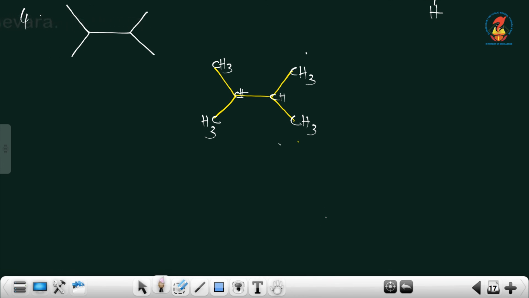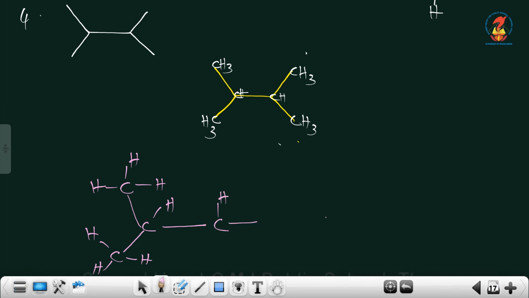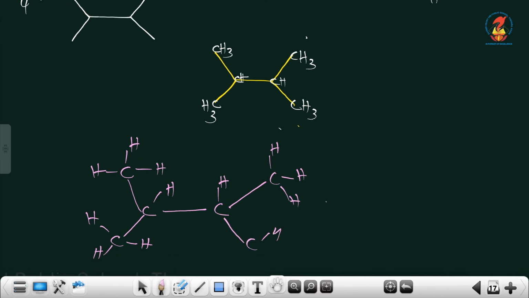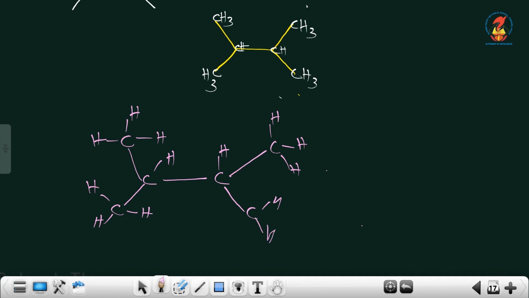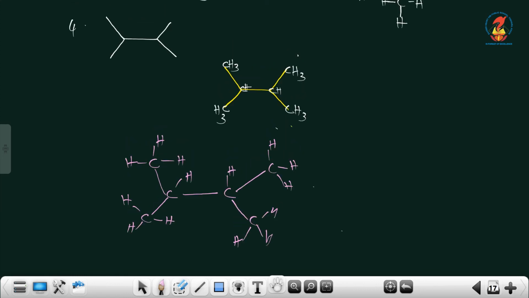If you want, you can start from here. Start from the top, CH3, and that is attached to another carbon. On this carbon there is another CH3. Then on this carbon is a single bond CH. Now on this carbon one CH3, another CH3. Okay, so this is about the bond line representations and the complete structural formulas of organic molecules.